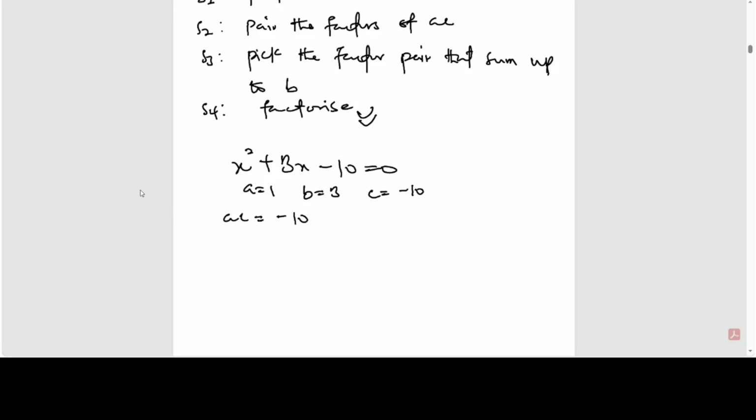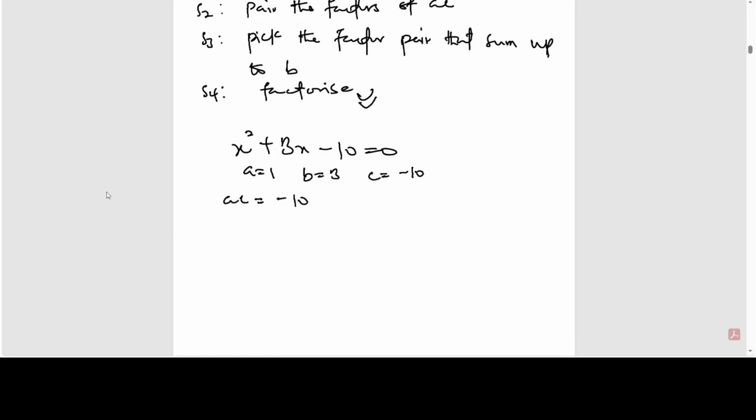You pair the factors of AC. What that means is that we're going to find the factors of negative 10. We are not going to include the negative. We're just going to find factors of 10, and that's all. And we're going to pair them. So I said pair the factors of AC. Over here, our AC is negative 10, but we're going to use 10, right? So pair the factors of 10. So let's see, factors of 10 are,